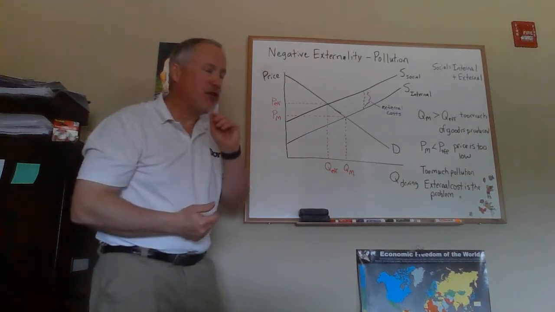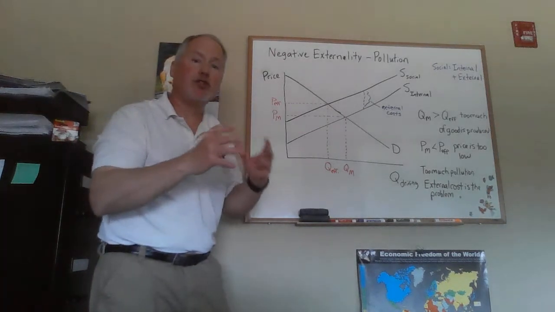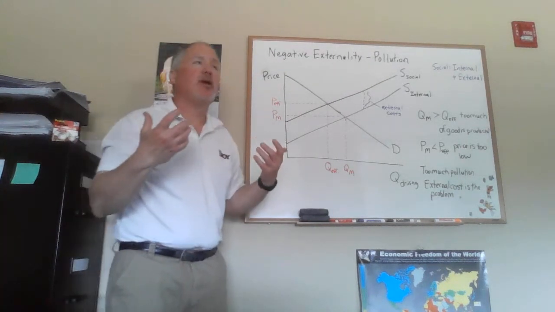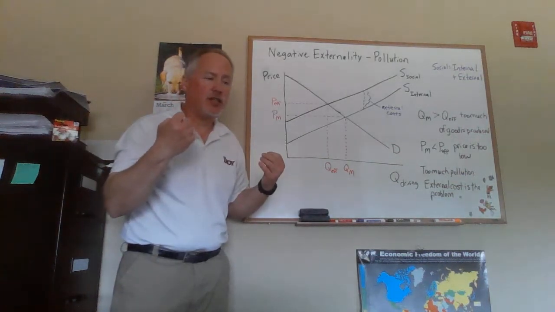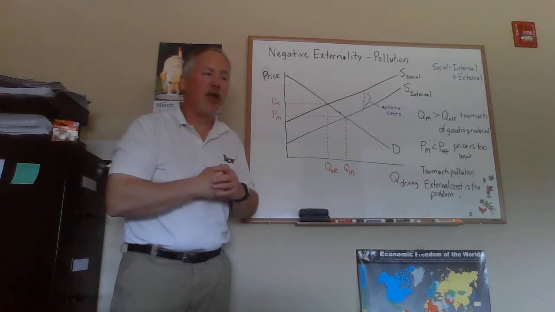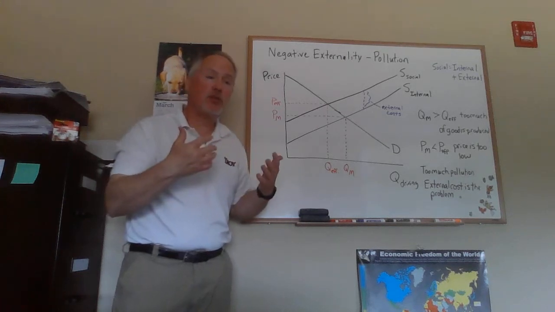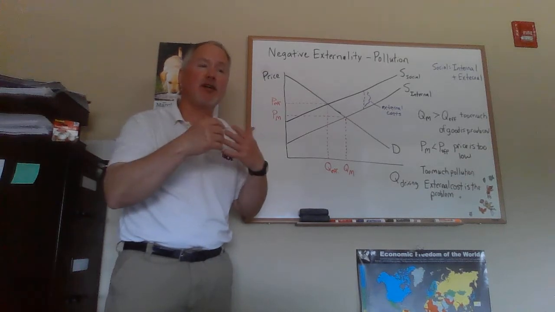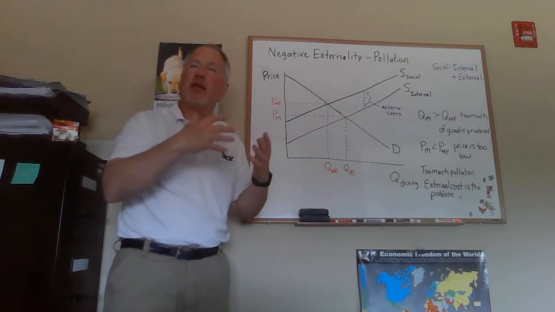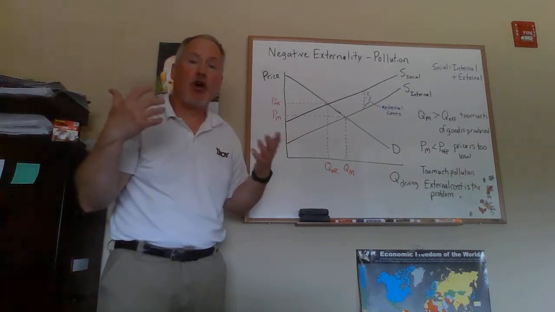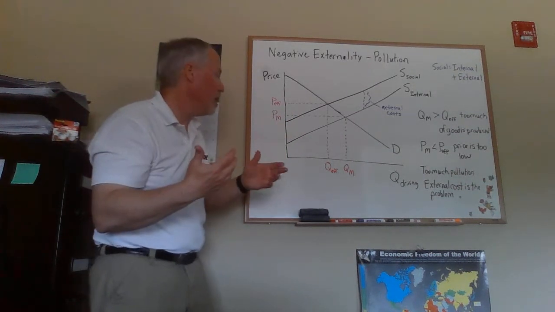Now we have to think about efficiency. Well, efficiency, we're going to use the social supply curve because when we introduced efficiency in chapter 5, we said that for consumer and producer surplus, it had to be the area above the supply curve because the supply curve represents the willingness to supply. But it was also another way of saying it represents the opportunity cost, the full cost of supplying the good.